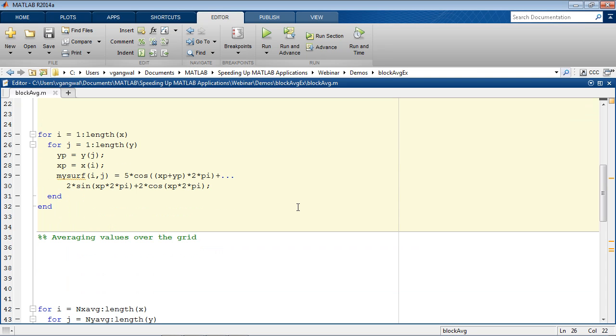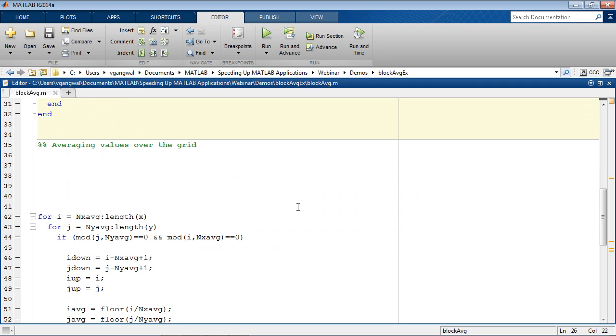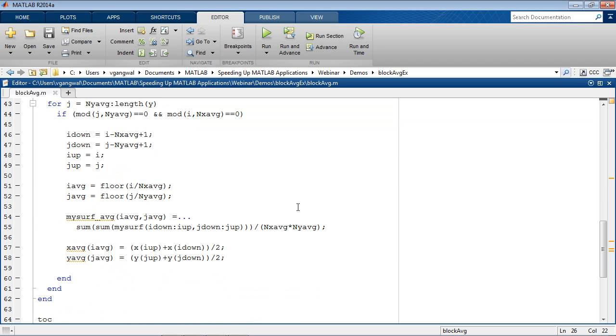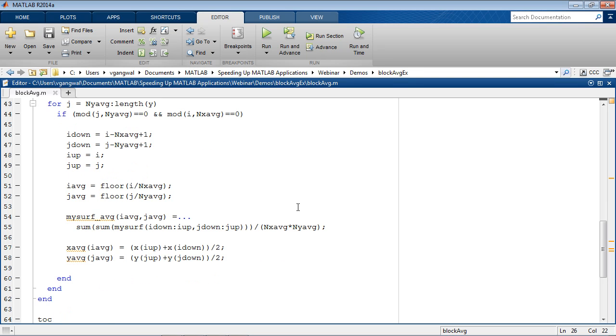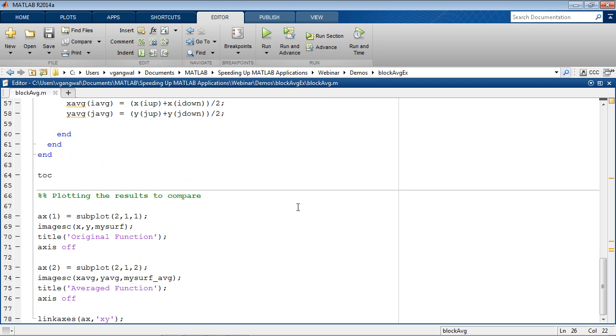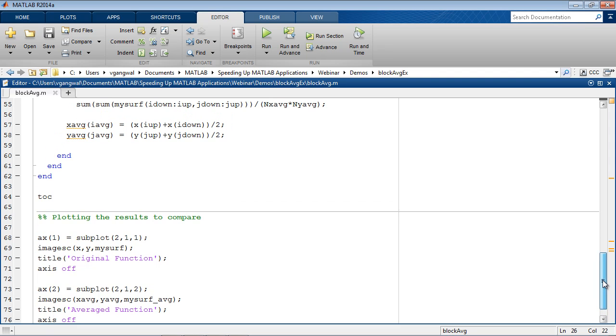Let's continue to see what else is going on in this function. We have another set of nested for loops with an if statement to calculate the averages over a block. And then in the end, we have the plotting going on. Okay, so in order to optimize this code, the first step that I